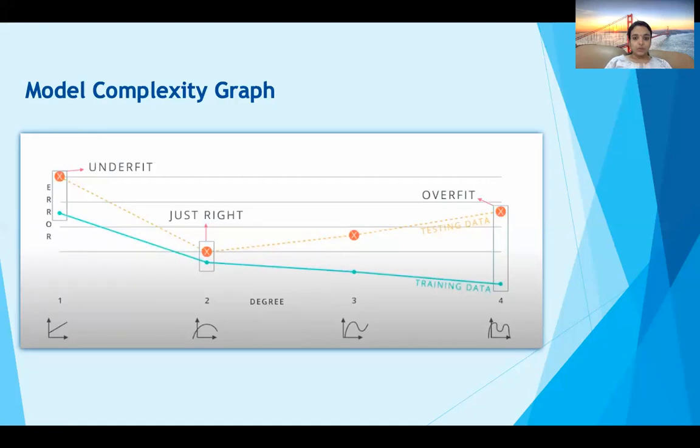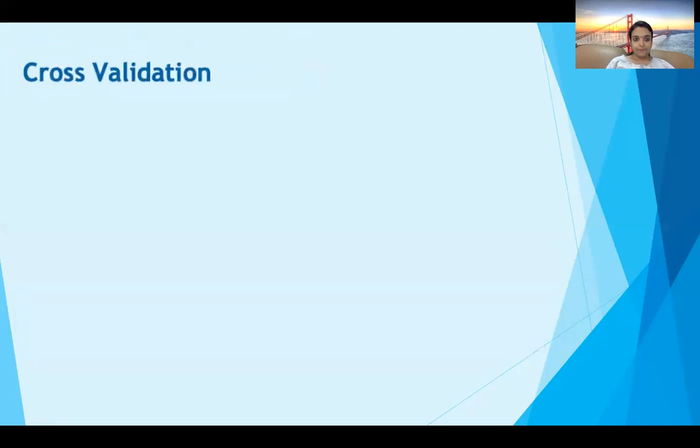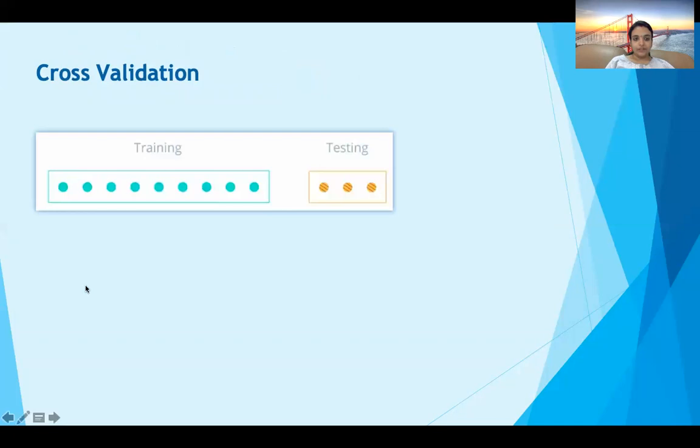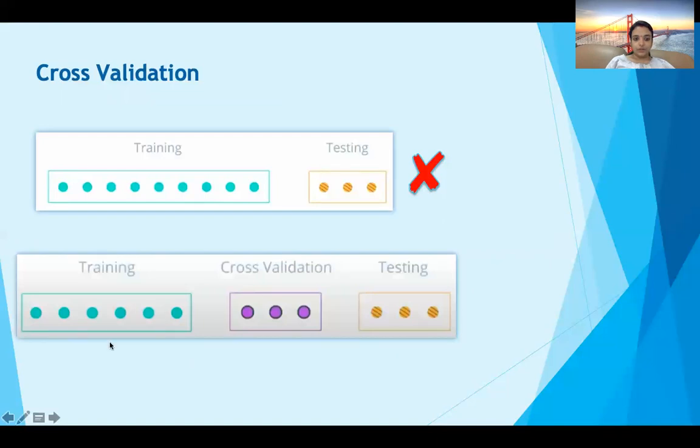So what can we do instead? It is better to split the data even more. Previously, we divided the data into a training set and a testing set, and in the previous slide we saw that the testing data was used to make a decision about the model. But that is not recommended. Now we will split the data into 3 sets: training set, cross-validation set, and testing set.